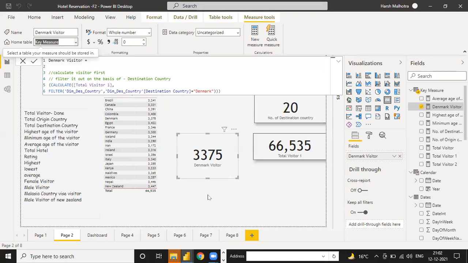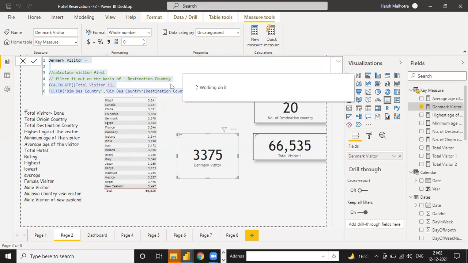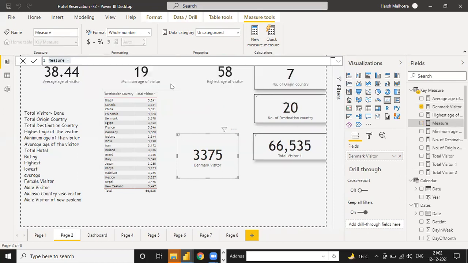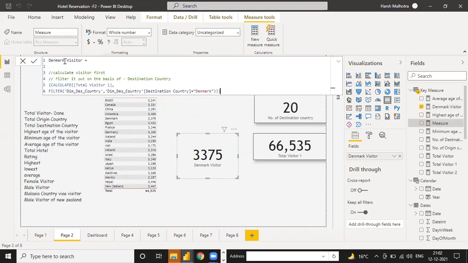But if you need to calculate this with another function as well, click on new measure. If one step increases, see Denmark visitor, if I write it one. Okay, so calculate total visitor. First you have to calculate total visitor. This means first, how to calculate total visitor.